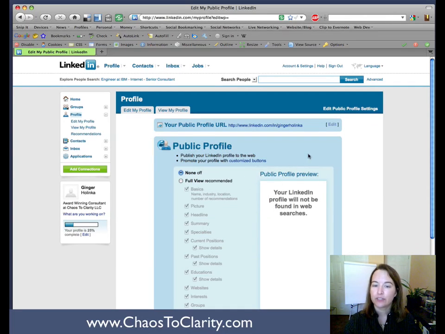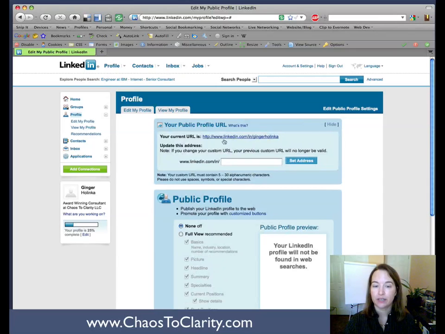The other thing you're going to do on this page is go up here to your public profile URL. I've already put in a proper URL, but if you have the standard screen in the beginning, you'll have the opportunity to type your own username for LinkedIn, and you're going to want your URL to be some version of the name you use professionally. Now if somebody else already has that name, you may have to use your initials,